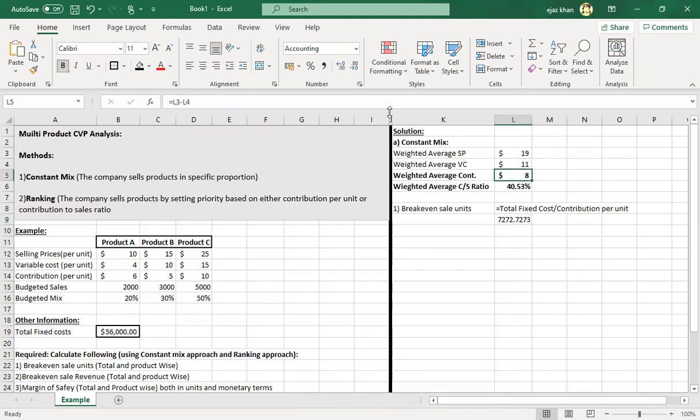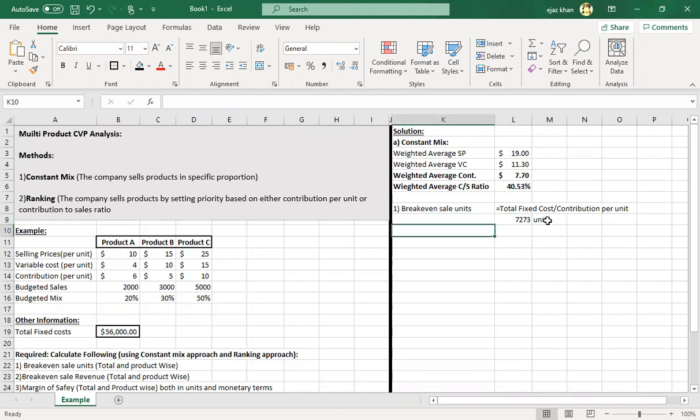And the average contribution per unit figure is $7.70, which gives 7272.7273. So we should round it off to 0 decimal place. So in order to achieve break even for this company, it has to sell 7273 units in total,